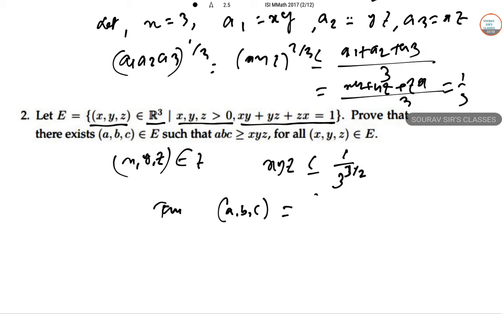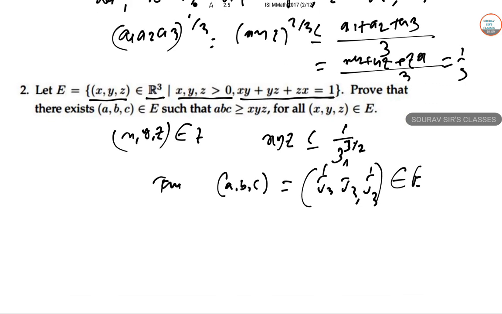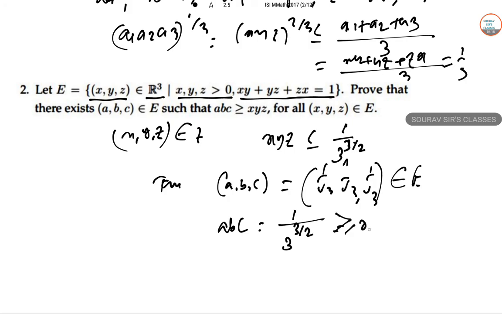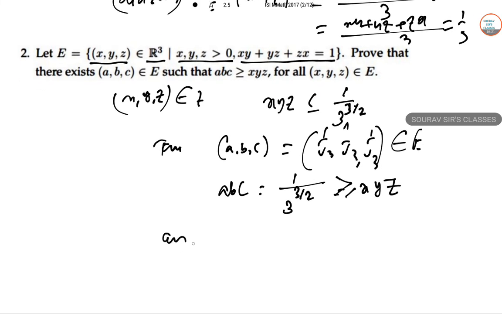So let's take this a, b, c now: 1 by root 3, so 3 values will be there. Again 1 by root 3, that belongs to E. So abc we can simply write greater than or equal to xyz. So obviously for any xyz belongs to E, the answer is